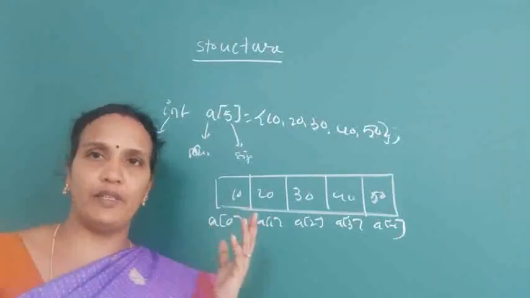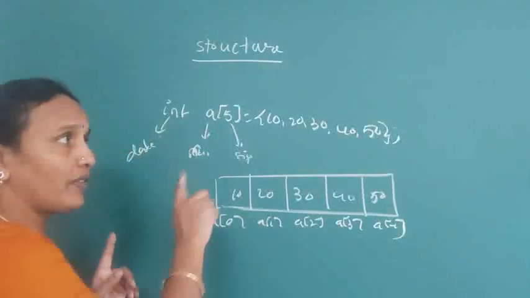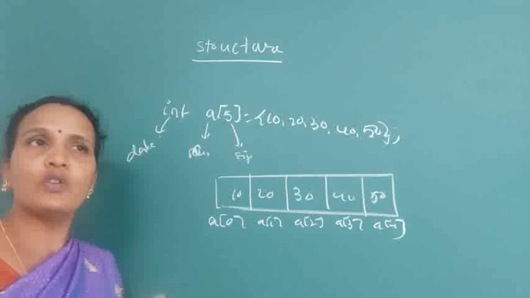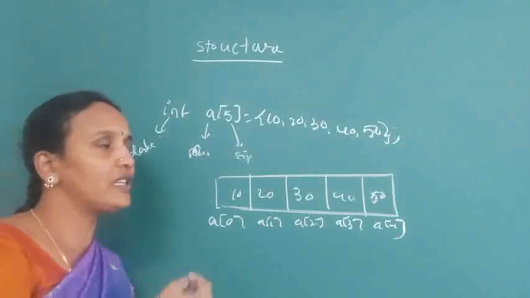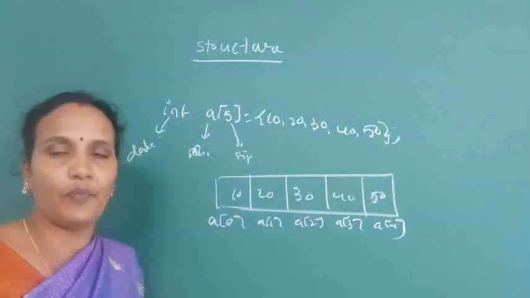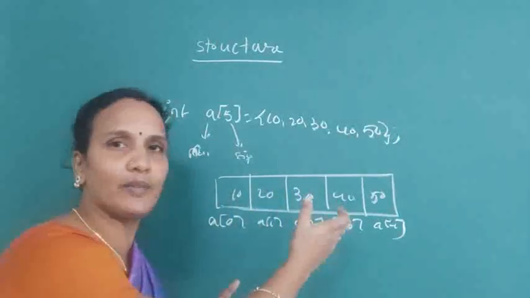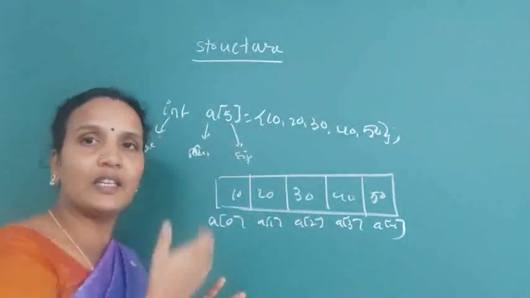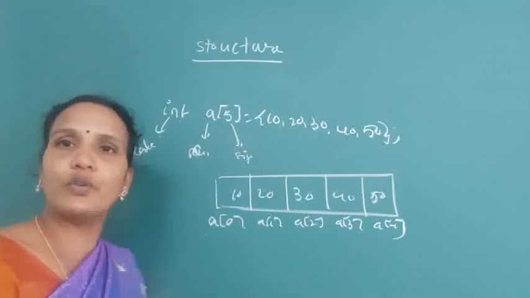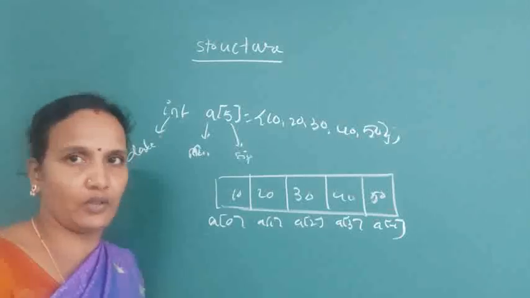You can store a number of elements, but those elements should be of the same data type. Okay, and whatever elements you are storing are stored sequentially, contiguously. So whenever you try to retrieve them, you can easily retrieve them because all these elements are stored sequentially. If you want to print all the elements at a time, you need not search each and every element location. If you know the location of the first element, it is easy for you to retrieve and print all the elements because they are stored together.